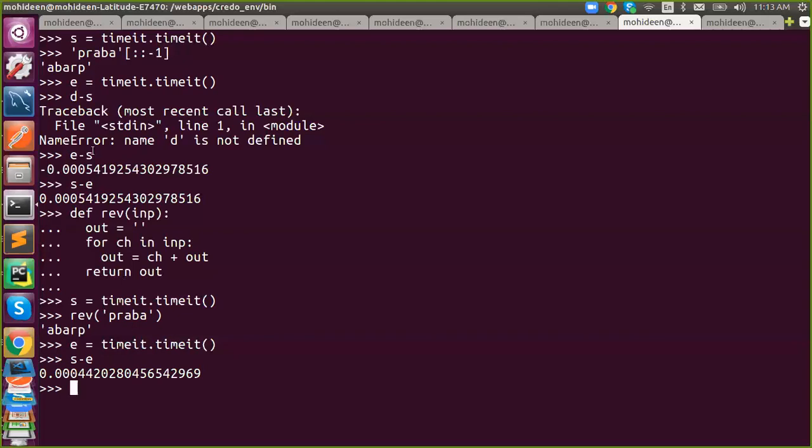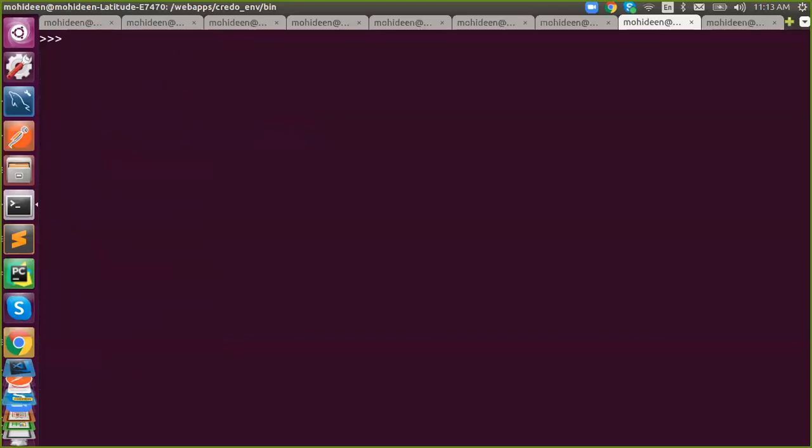Actually here I wrote each and every line, so I need to keep it inside a function, and only then will I get a proper timing.